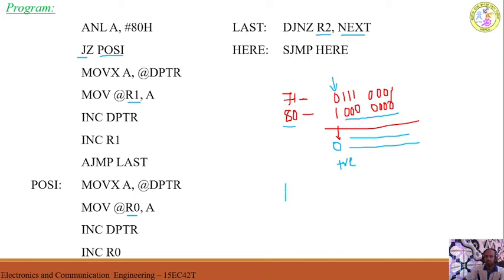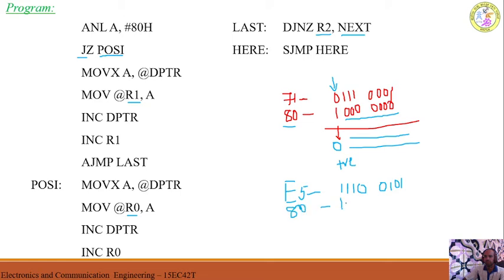What is E5? In binary, how do we write E5? We know that F is 15, E is 14, A is 10, B 11, C 12, D 13. E is 14; 14 means 8 plus 4, 12, 12 plus 2, 14. So E and 5 is 1110 0101. I want to AND with 80H.